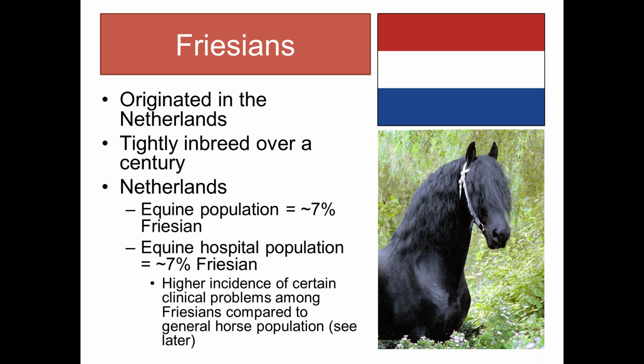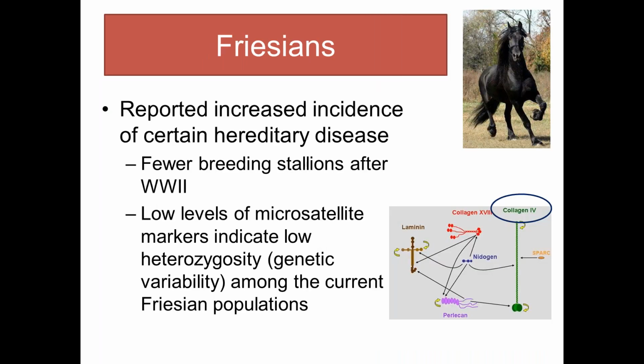However, there is absolutely a higher incidence than just simply 7% of certain clinical problems among Friesians compared to the general horse population. So some of it's proven, some of it's in the literature, others are more of an epidemiological incidence. So there's a reported increase in incidence of certain hereditary diseases, and we're going to focus this obviously on the GI system, things like dwarfism and hydrocephalus and things like that. That's pretty well established. But